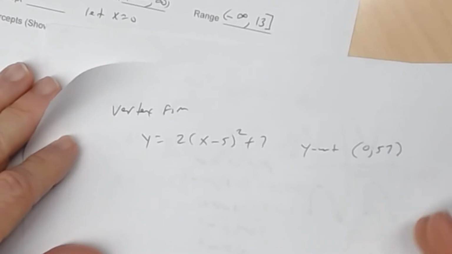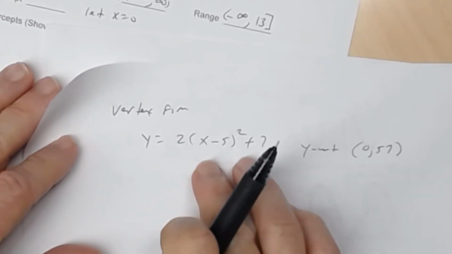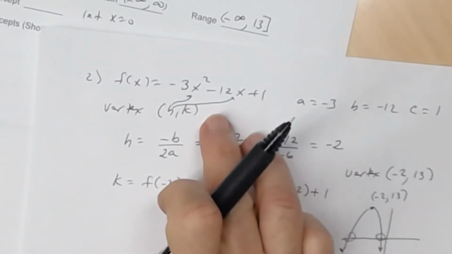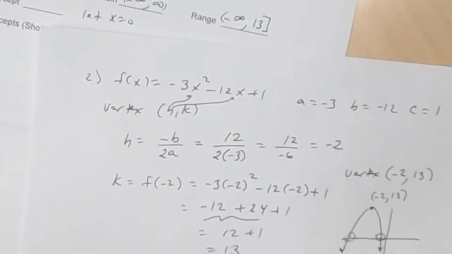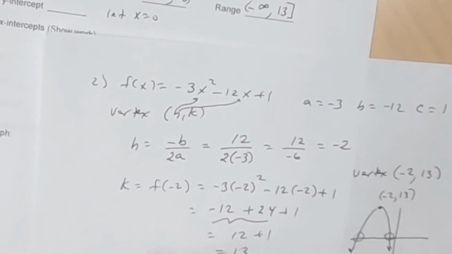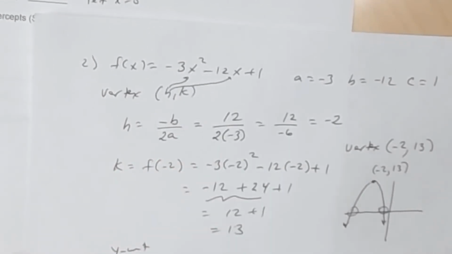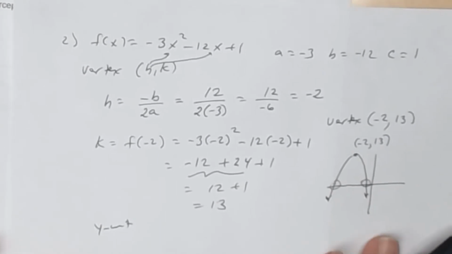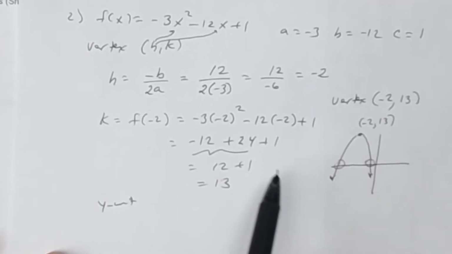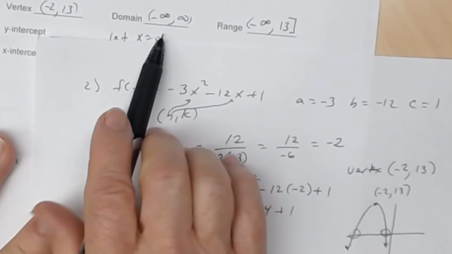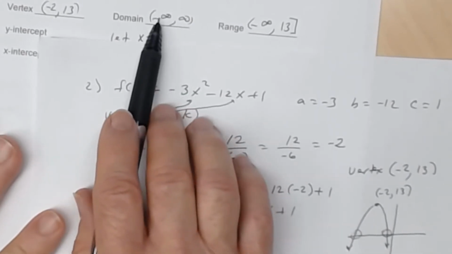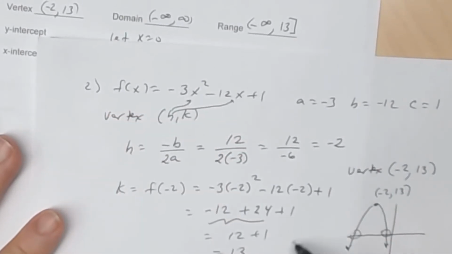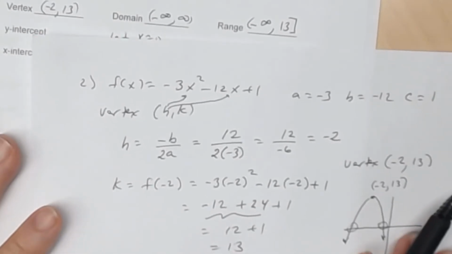Okay? All right, so you have to distinguish between whether it's in vertex form or in standard form. To find your y-intercept, you're always going to have a y-intercept. Always remember that. Whenever you have a quadratic function or any polynomial function, you're going to have a y-intercept, because remember, the domain is all real numbers. So at some value for x, the graph's going to cross the